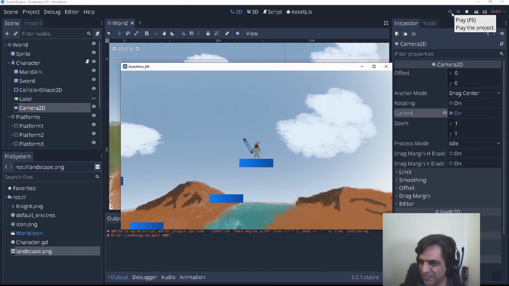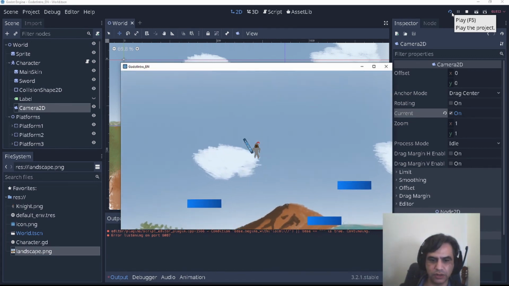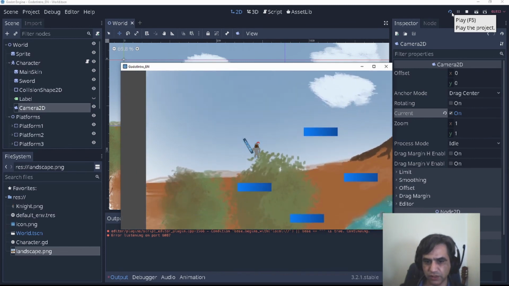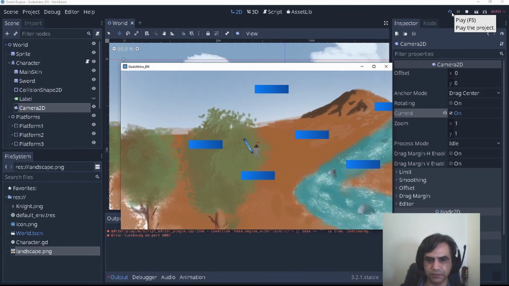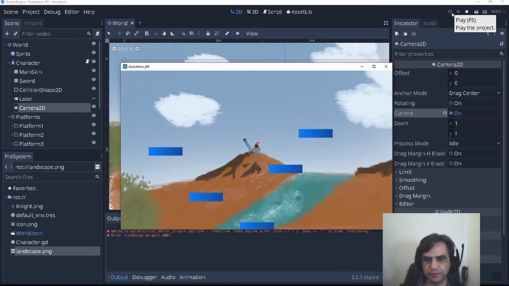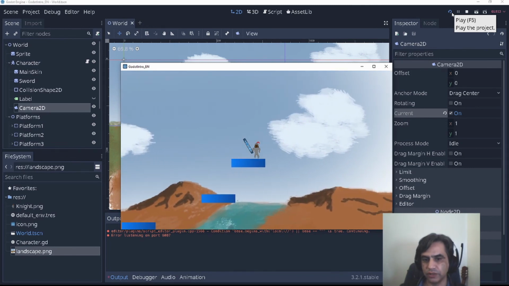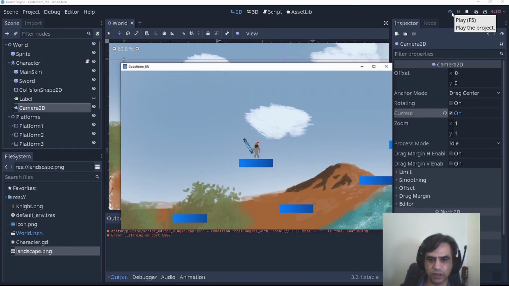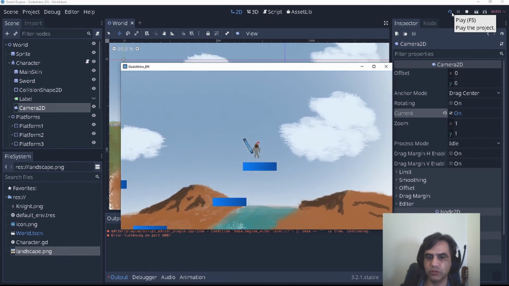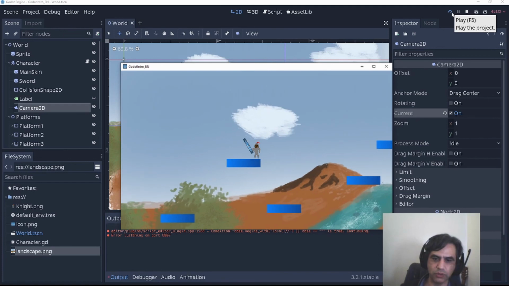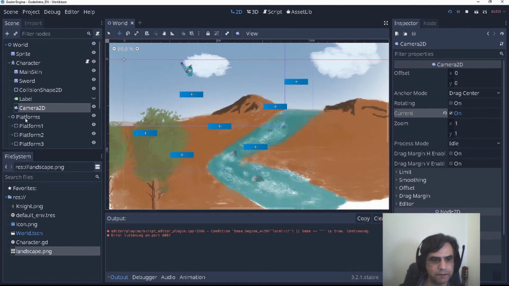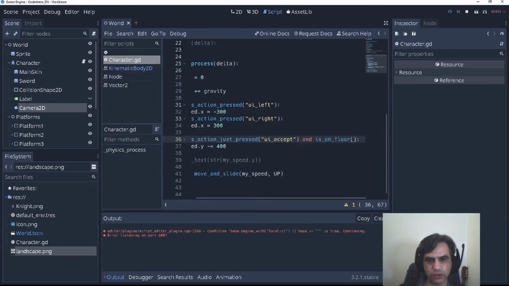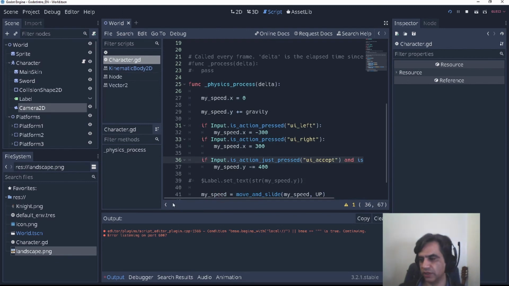Electrolama, hello! Is this physics and collision part of the engine, or did you code that? So what I code, this has the physics for the collision. The collision is done by Godot. The gravity, I did the gravity. I code the gravity because I'm not using the rigid body. If I use a rigid body, I don't need to do the gravity. But in this case, I add the code to handle the gravity. It's the only thing that I add in terms of physics.